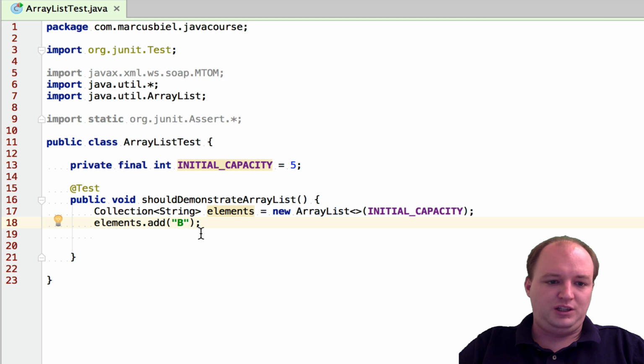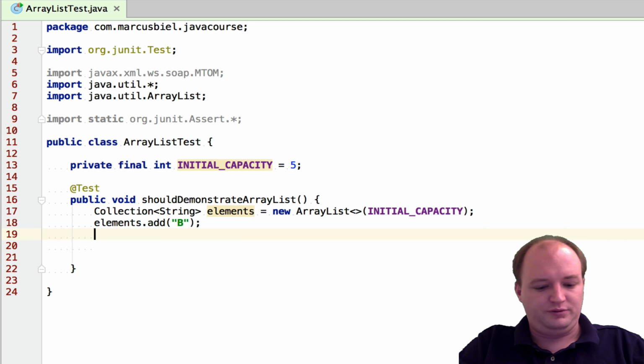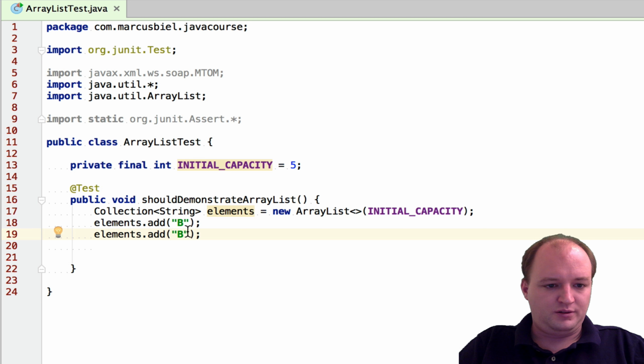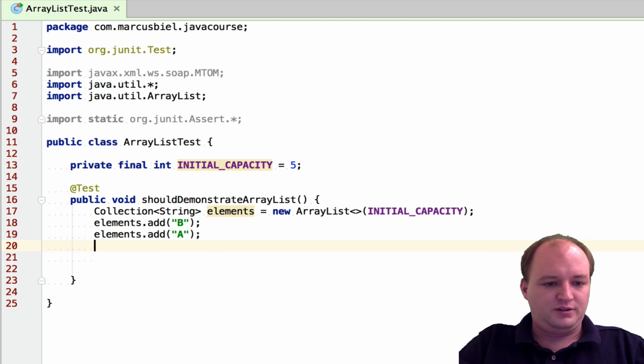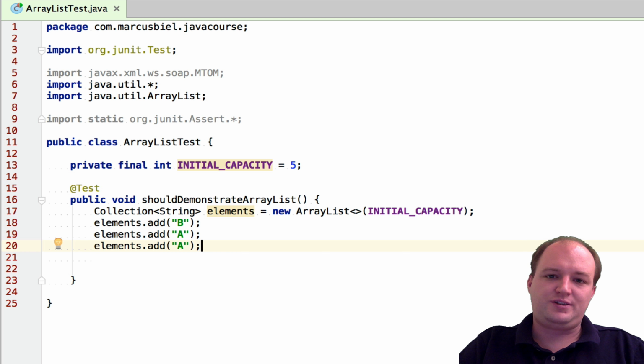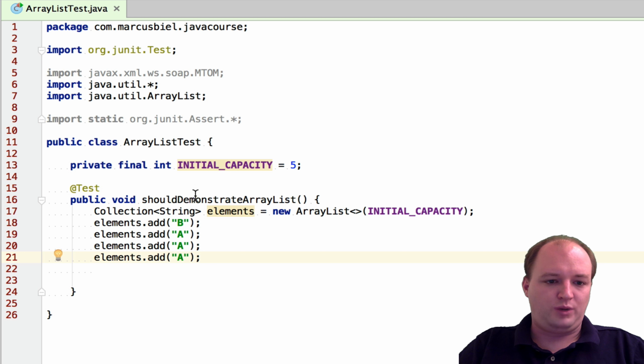So this is a collection of type string, so I can add a string. So let's add B, capital B. Let's add some more. A. Later on, I'm also planning to sort the array list, which array list allows. But right now, with the collection reference variable, we will not be able to sort it. But stay tuned, I'll do it soon.